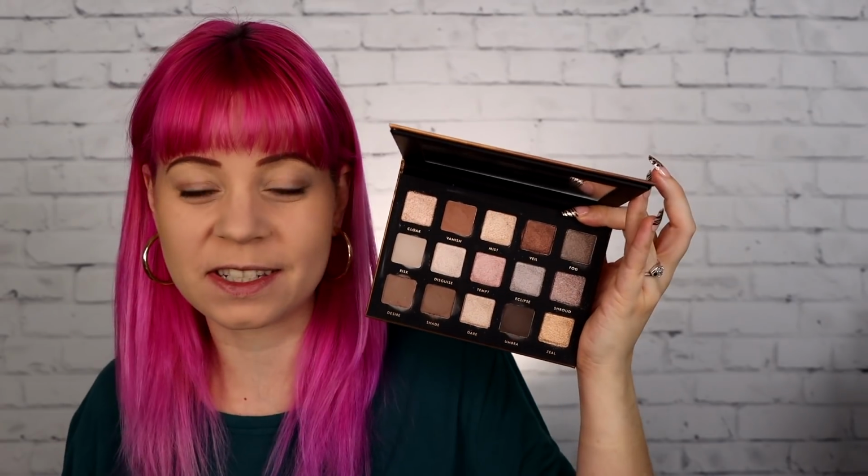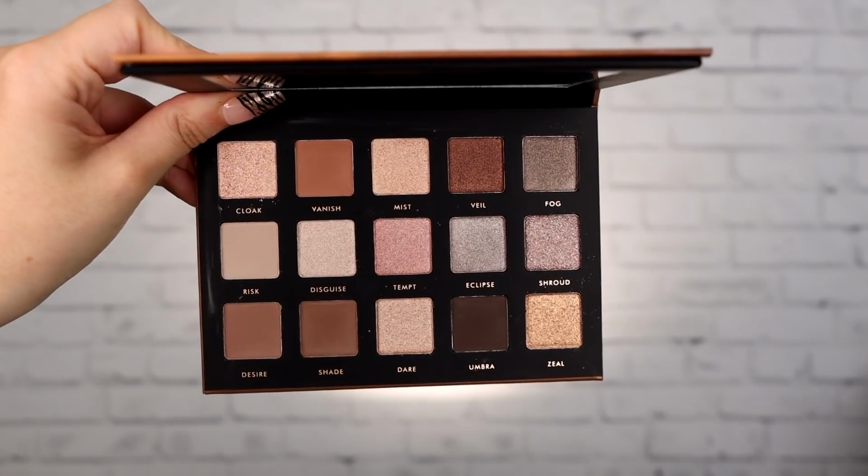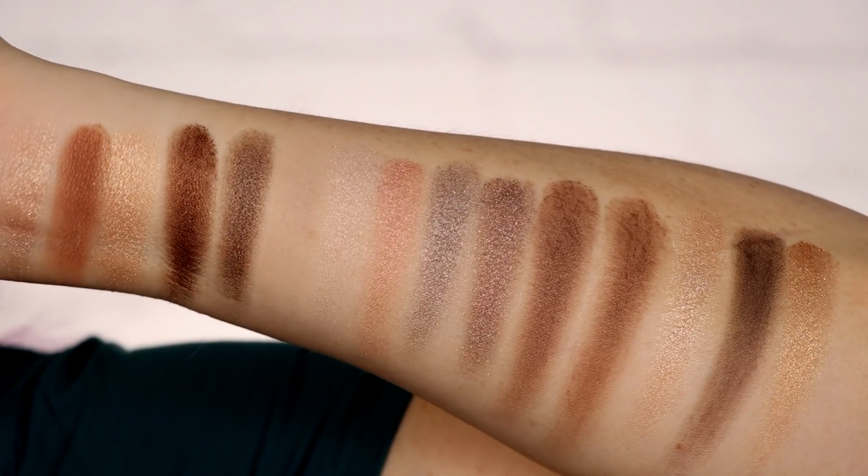So this is what the palette looks like. As you can see, it's kind of dirty because I've swatched it already. I will show you the swatches so that you can see how it's swatched out. So obviously this is a very, very neutral palette and not really my aesthetic and how I like to do my makeup. And for that reason, I thought that we could play with something else as well, because I also